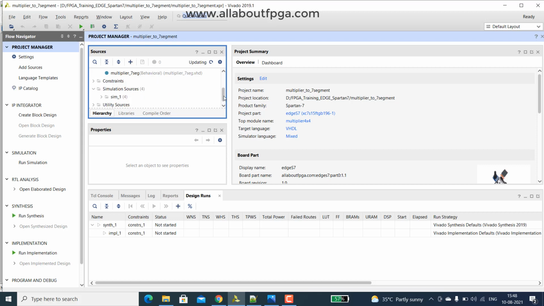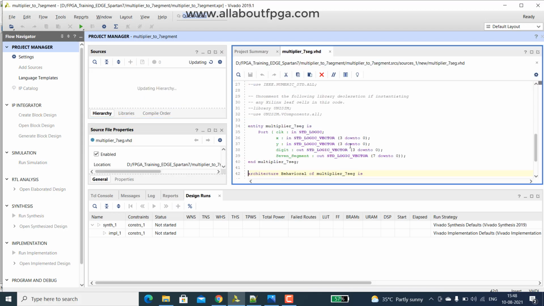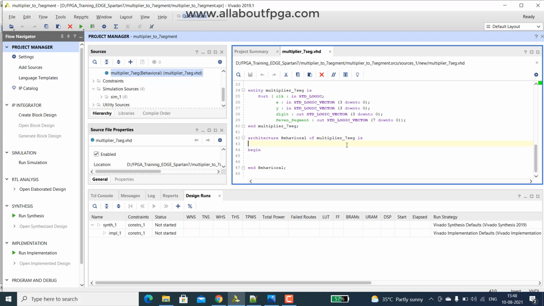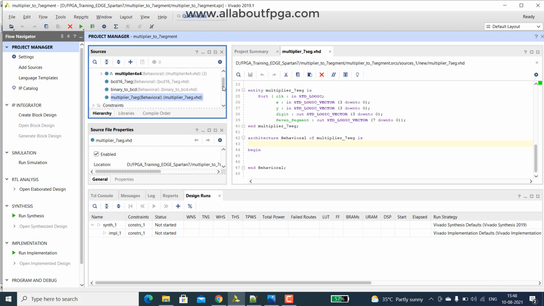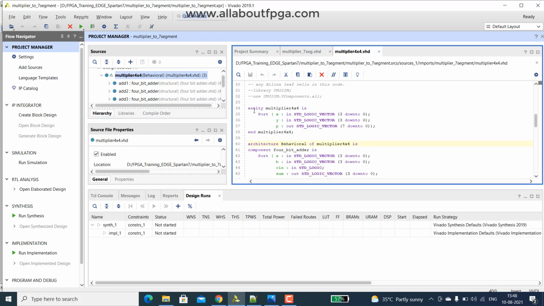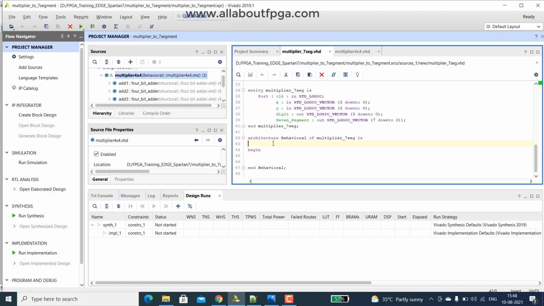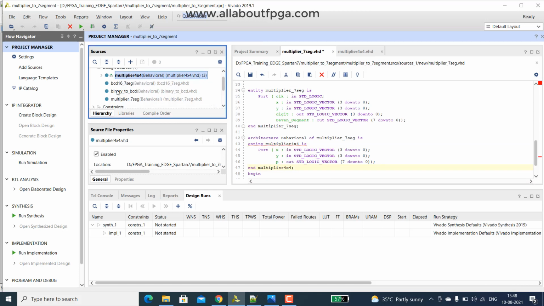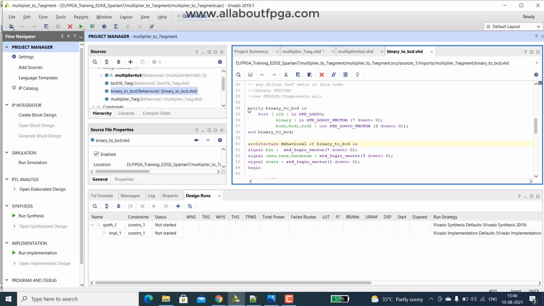So we have the code added. Next, what we can do is simply copy all the entities and rename them as components. Let's say we copy that multiplier entity. Copy. Then we have the binary to BCD.